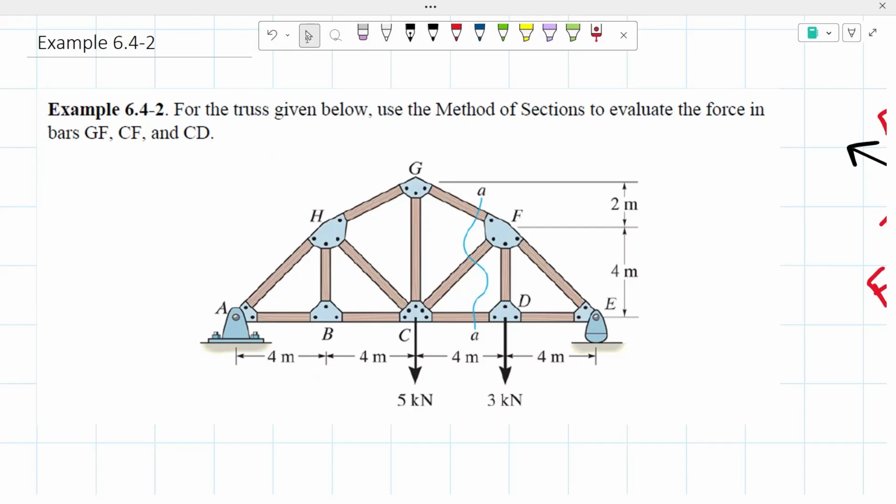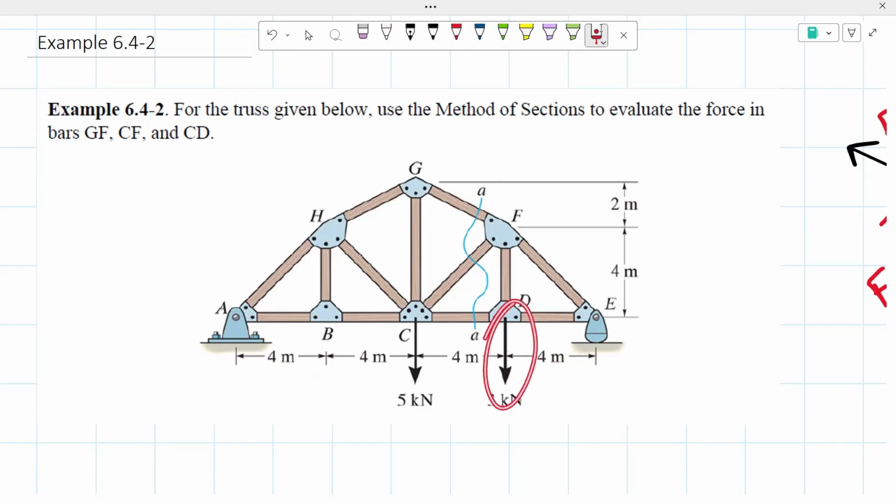Here for this example, the cut is already given to us, but they do this cut AA because it passes through GF, CF, and CD. So that's why they did the cut right there. From there, we would have to evaluate which side would be easier to work with to determine the forces of those bars. So if I were to take a look on the right side of the truss, we could see